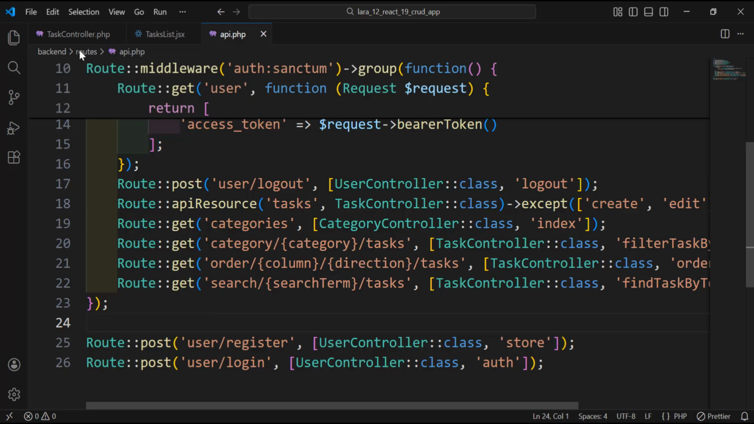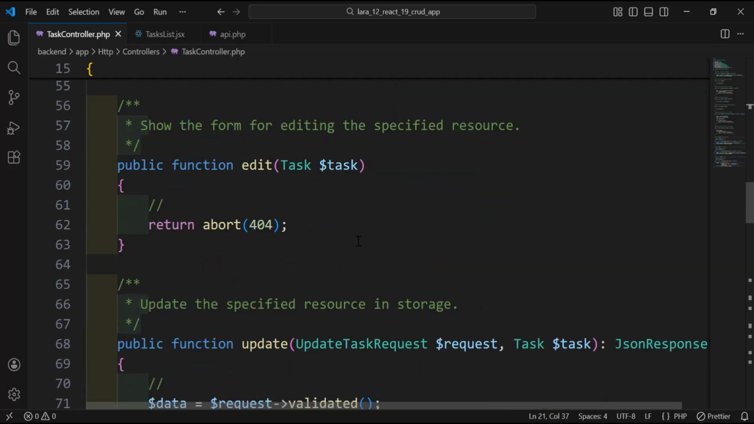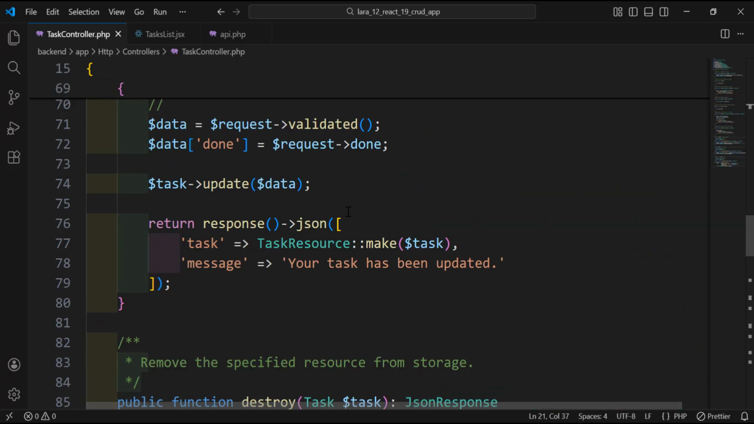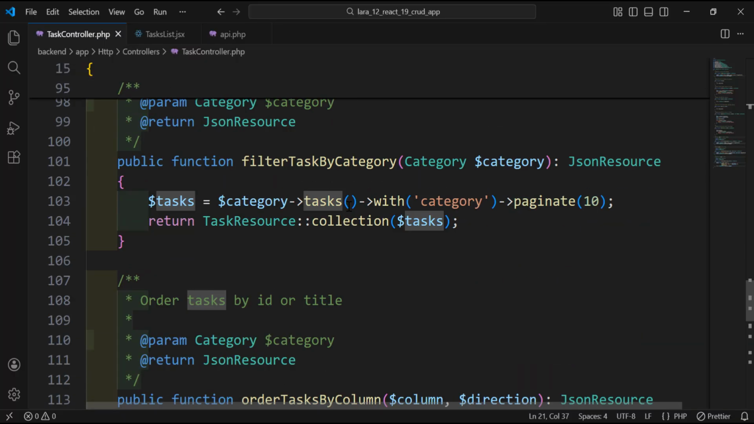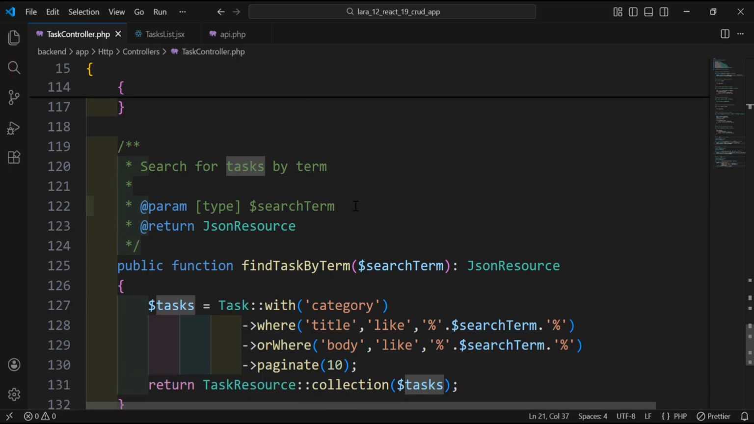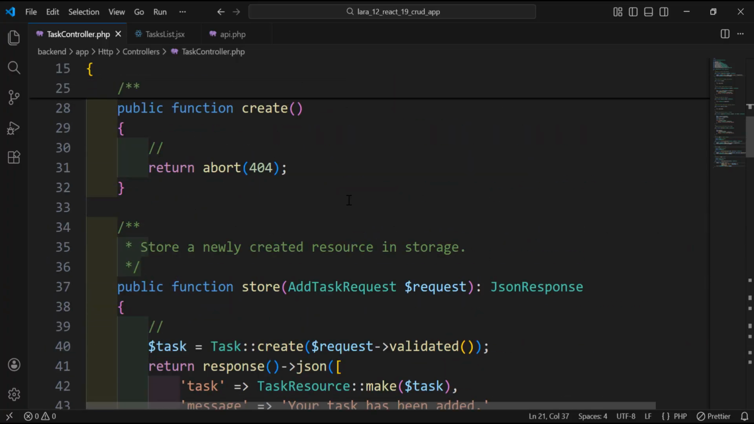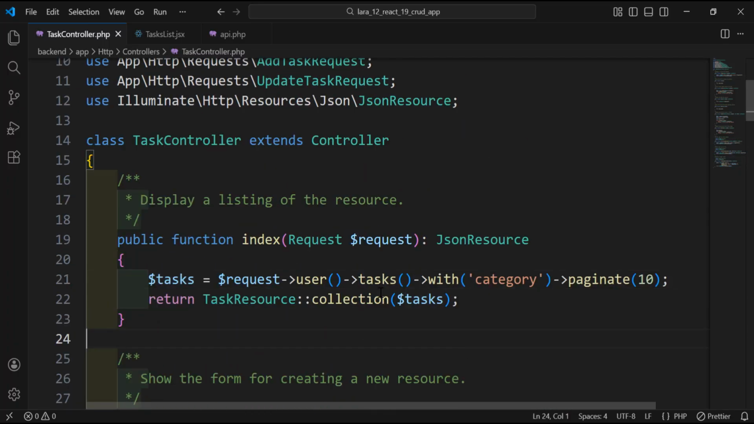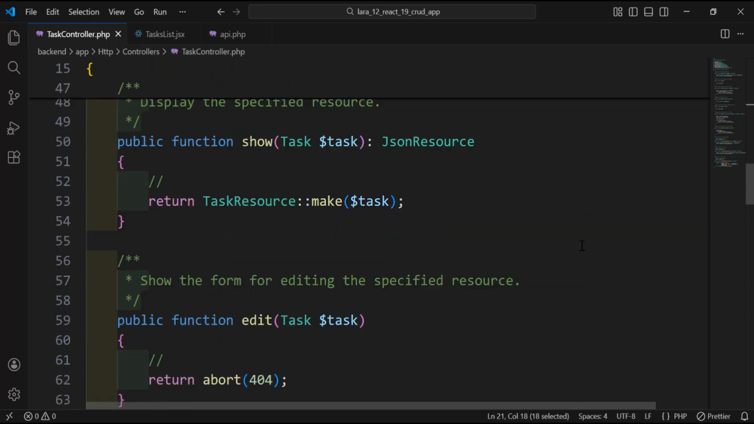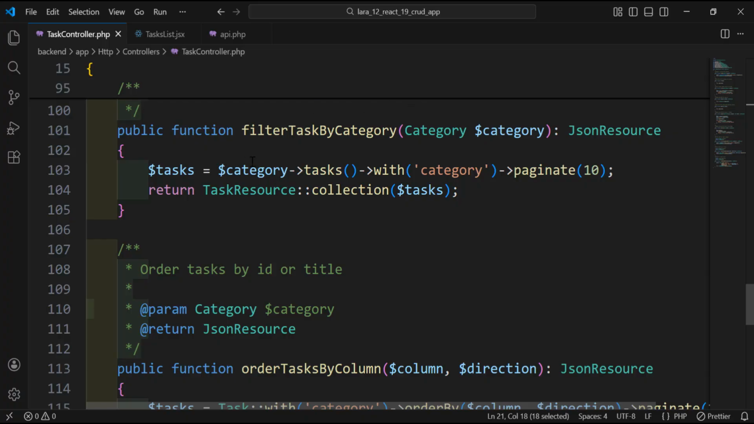Let's go to our controller, which is this one. So let's go back here. So what we have here, let's go down. We have filter, we have the order, and we have find. Okay, let's use the currently logged in user's tasks like we have done here. So let's use this. Let's move down and change. So we have here filter by categories. We have the category,